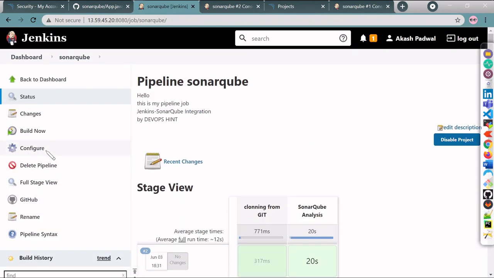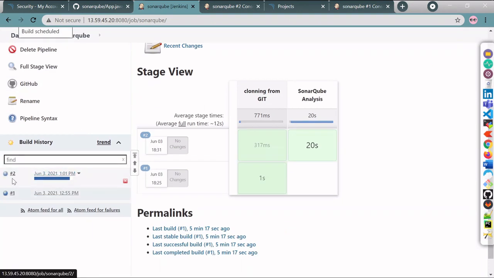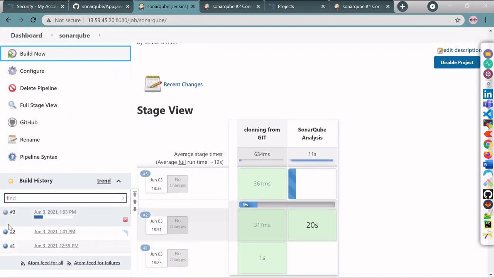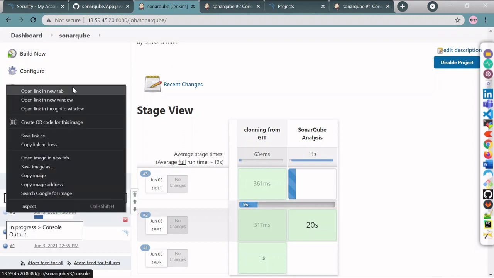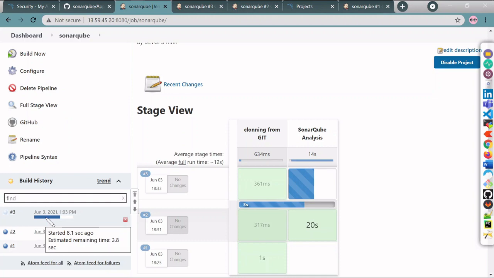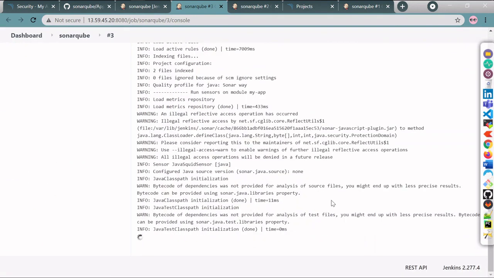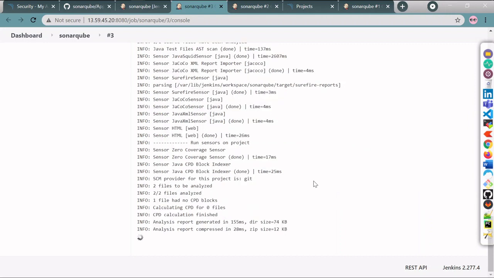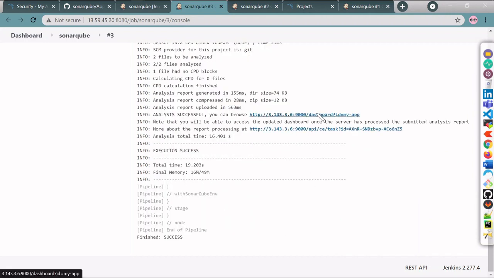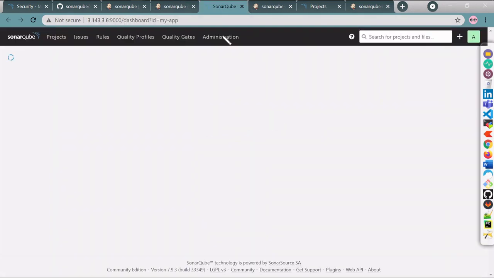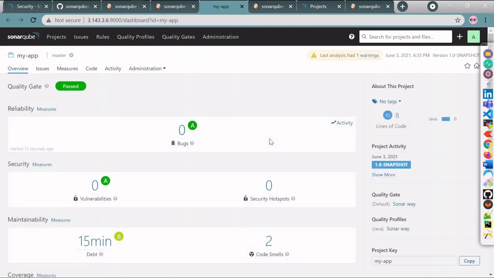You can again easily do it. So just again build it. You can do build again, and it will again integrate, because our sonar analysis properties and analysis will get executed, and it will easily integrate with Jenkins again. So no issues. I will show it. So you can see again our project is again added in SonarQube.